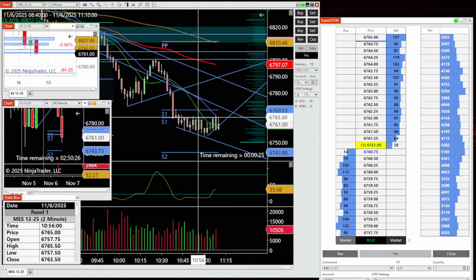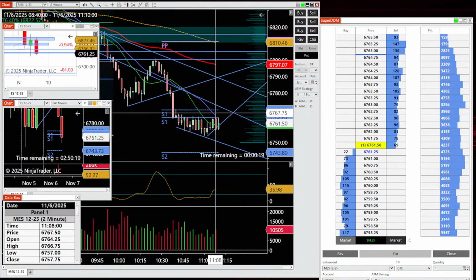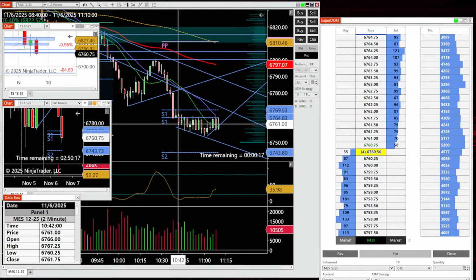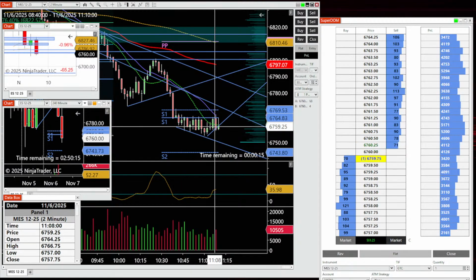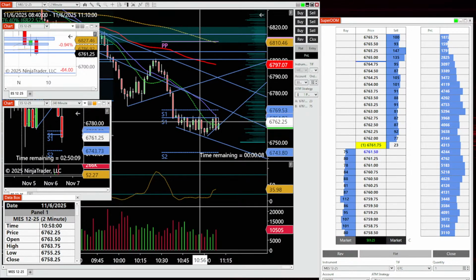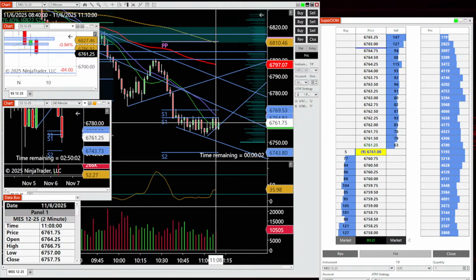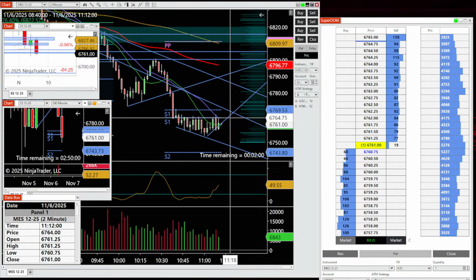Rejected off the 65. Went to 66, then rejected 65. What is this? The high 67.25. High is 66.75, so it didn't get above this high. Got above a couple of these. Yeah, 65.50, 65.75, 66. So